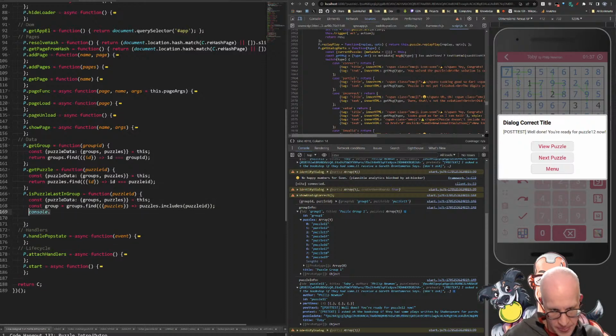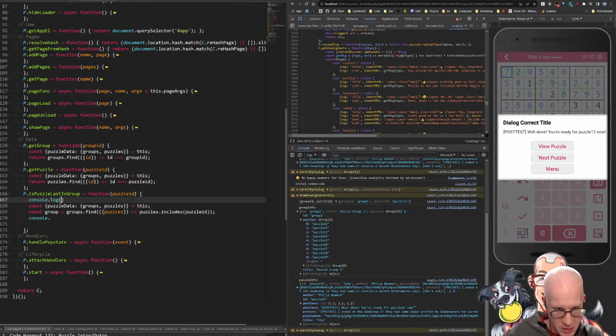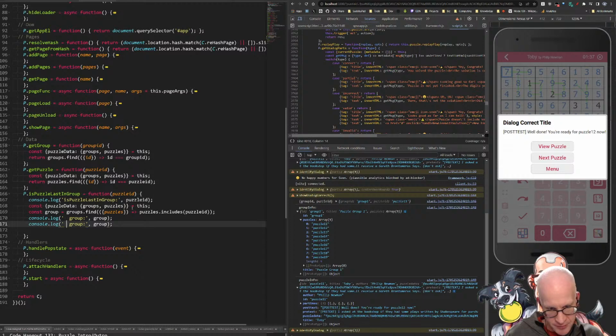So now I can say, well, actually, I'll put this as well. So that tells us the group of the puzzle. We don't actually need the puzzle data at all, I think. Then we'll do group.puzzles.indexOf(puzzleID). And if the length is 1 and the ID, then the ID would be 0 if it's the last one. So if this is